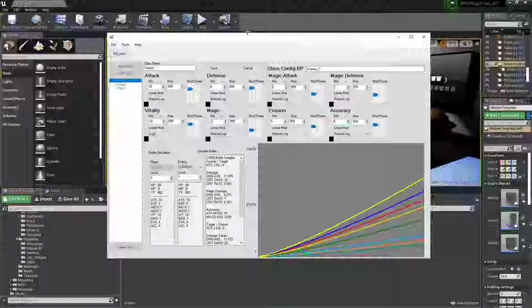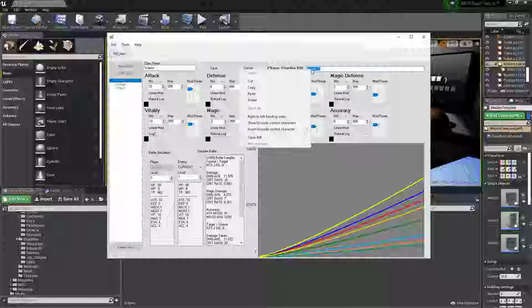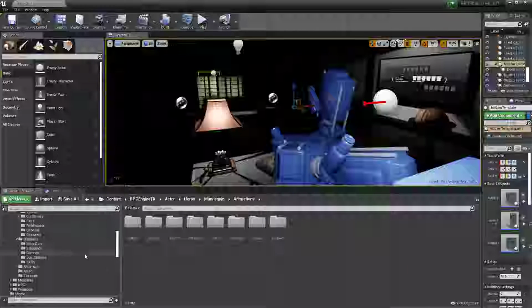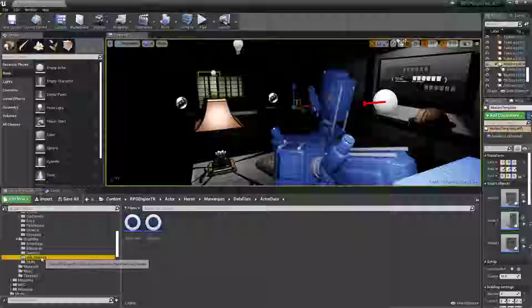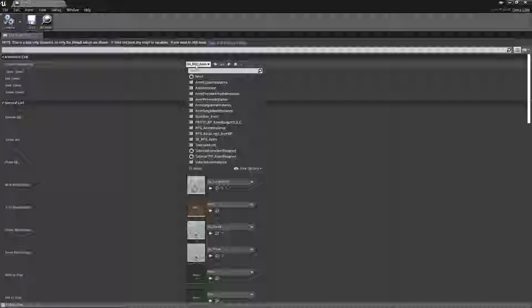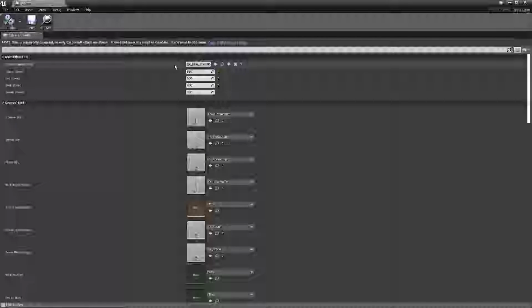So in a class, we give it a name, and we give it a class link in the blueprint side. And this class, if I can find it over here, this class will tell us the rest of the information about that class in general. So outside of stats, the things that make up a class are how that class type will move, how fast it can move around your world, what animation BP you want to be linked to that,